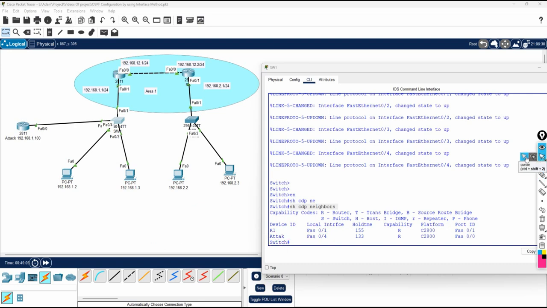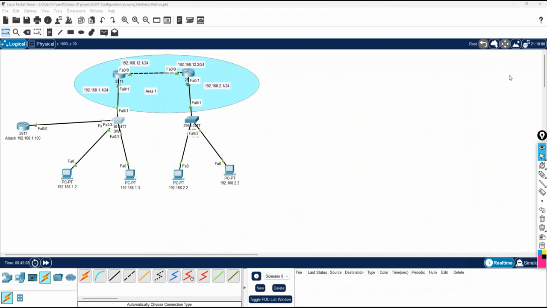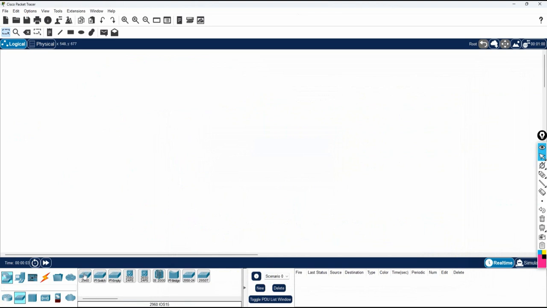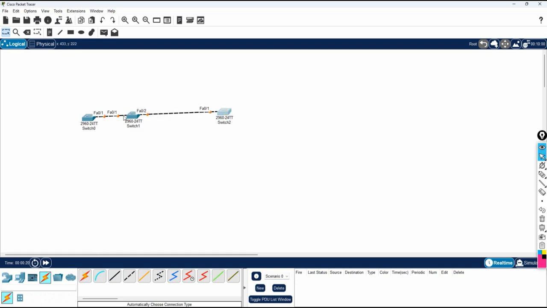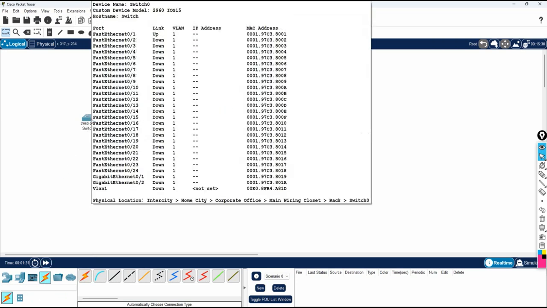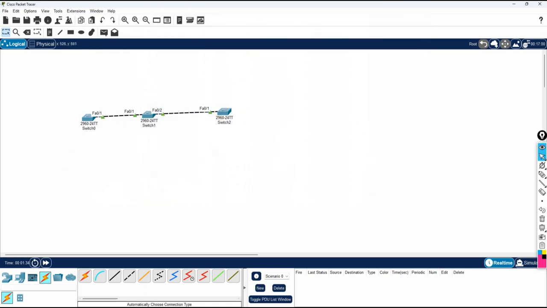Are you with me? Or let me take a simple topology, not this one. Imagine I have one switch like this. It is connected to another switch, connected like this, and it will connect here, and from here to here. But you don't know how they are connected. You just have the access here. You will log in with Telnet or SSH, and you need to check where it is connected with the help of this protocol,